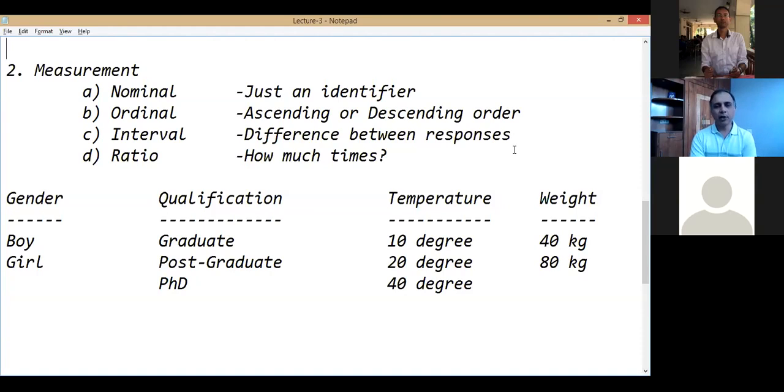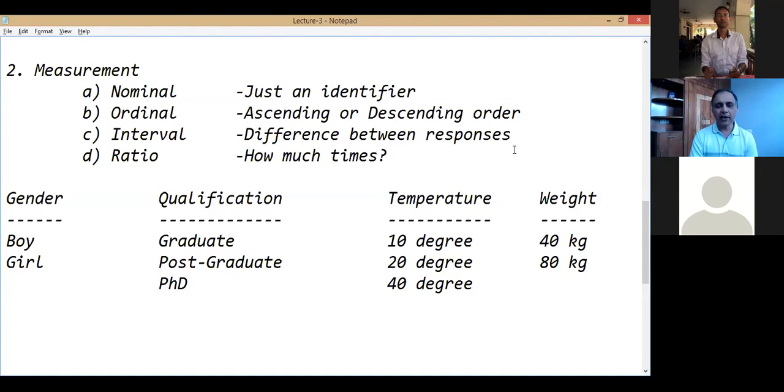How can I frame the question? There I can find there are two ways. I can frame open-ended, I can frame closed-ended. Open-ended questions are like, what is your name? Now I am not deciding what answer you should give. Whatever your name is, you will tell me that. Or what is your age? So you give me your age. Basically I ask the question and you give me an answer and I have no restriction on your answer. You can answer anything. So this is one way, open-ended.